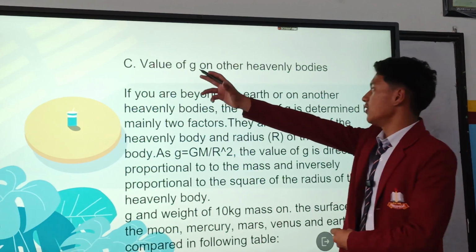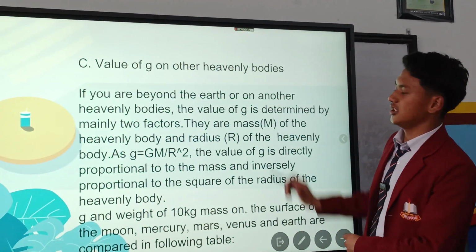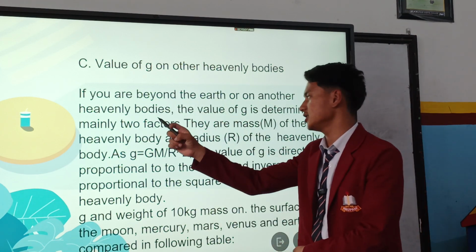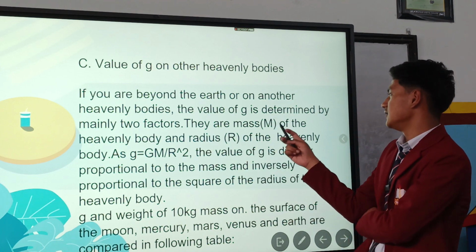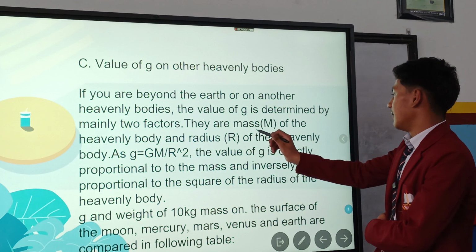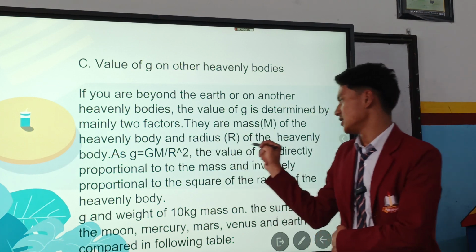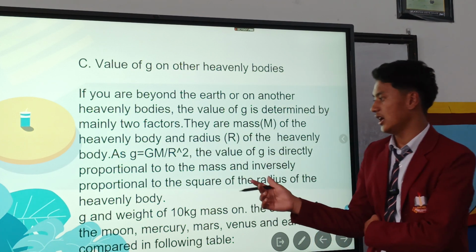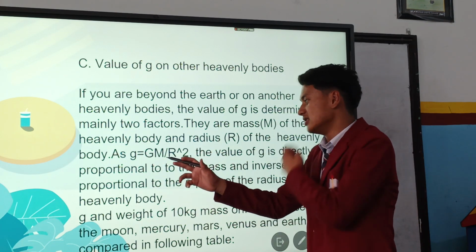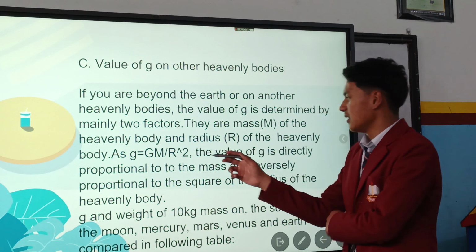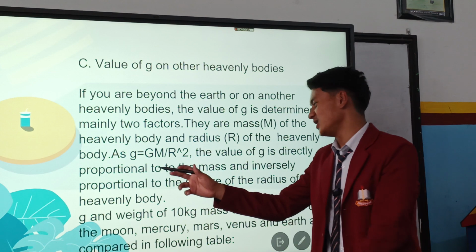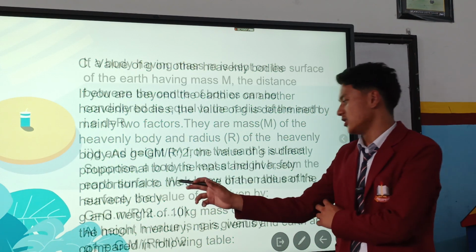See, value of g on other heavenly bodies. If you are beyond the Earth or on another heavenly body, the value of g is determined mainly by two factors. They are the mass of the heavenly body and the radius r of the heavenly body. As g is equal to GM by r squared, the value of g is directly proportional to the mass and inversely proportional to